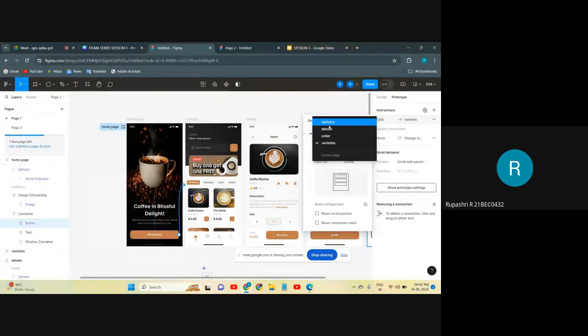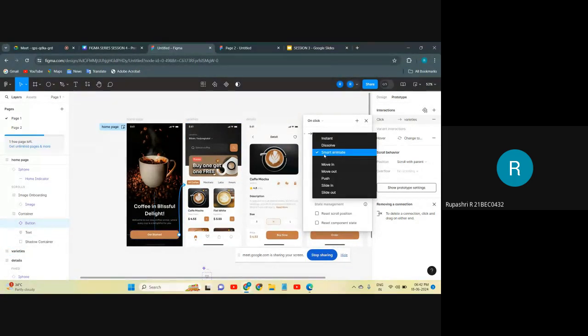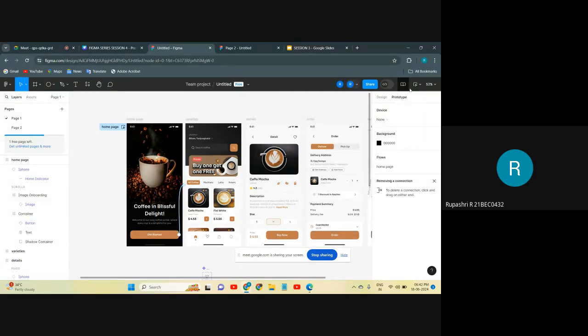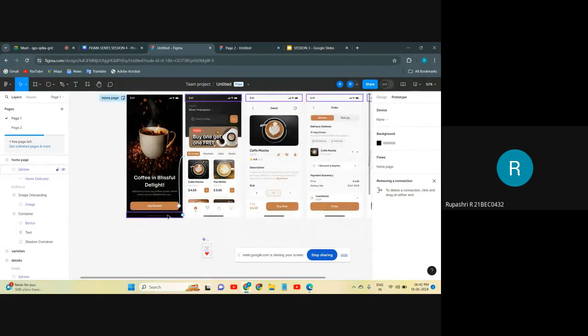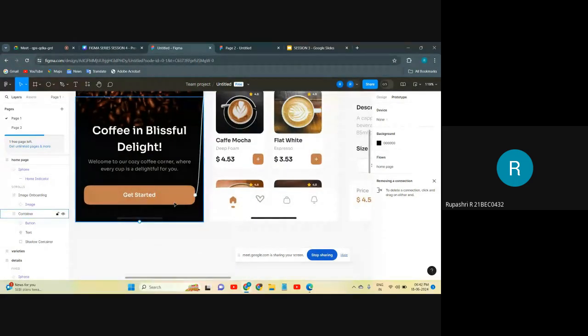So I have delivery, detail, order, and varieties. So when I click on this, it should navigate to the varieties page. I also added smart animate here. Okay, so let me show you. And one more thing that I did is, while I hover on this, the color of this should become